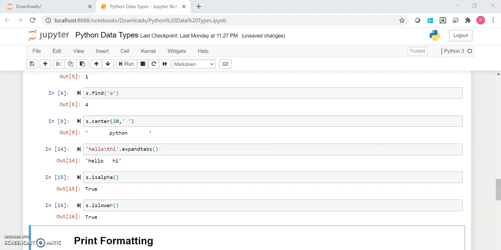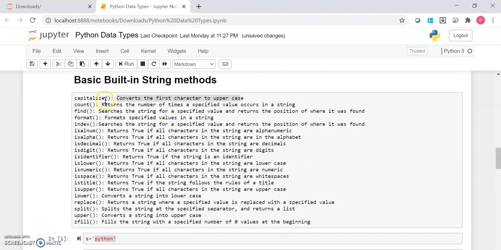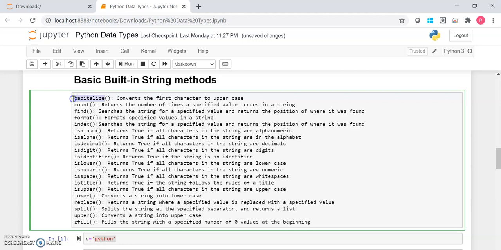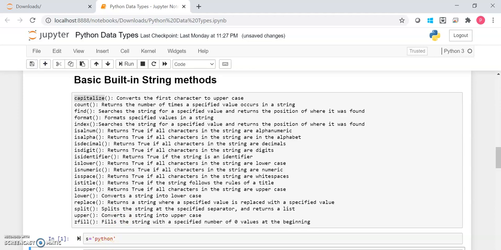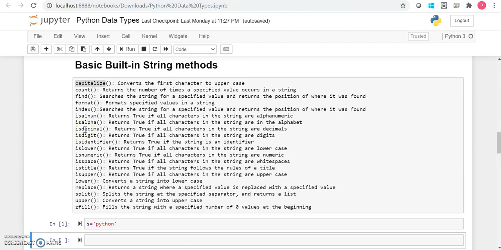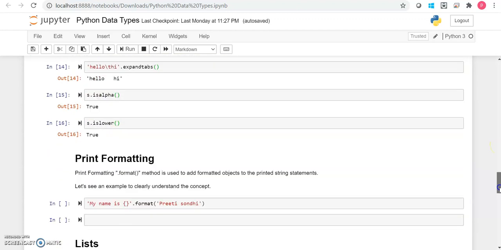There are many other built-in string functions also. Capitalize will capitalize the first character of your string, like in this case Python, only P will be capitalized. Well, I would suggest you go through these functions, explore them and do some practice. You will get to know more about these functions.